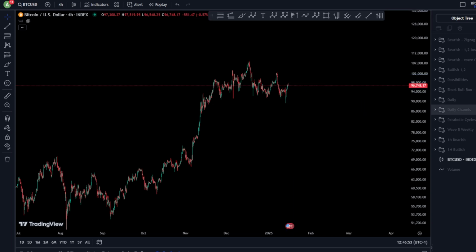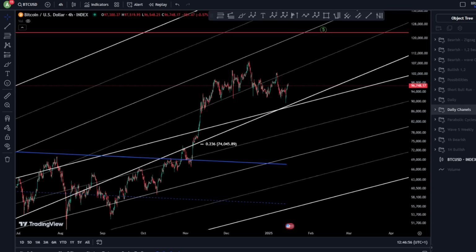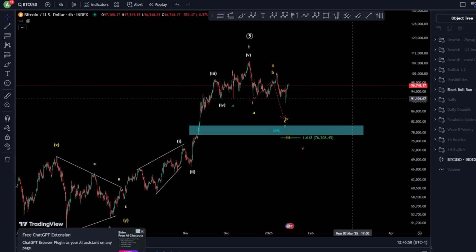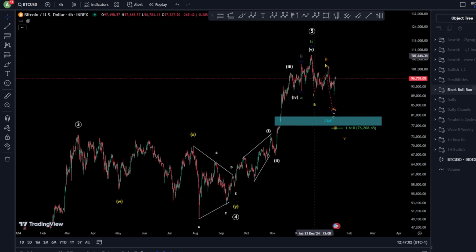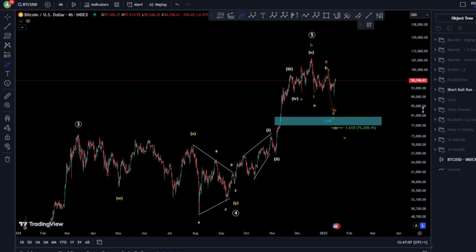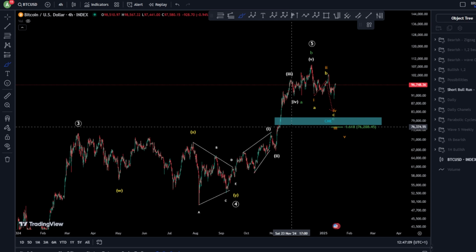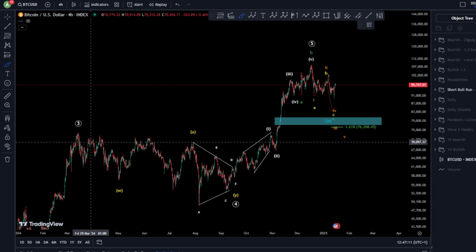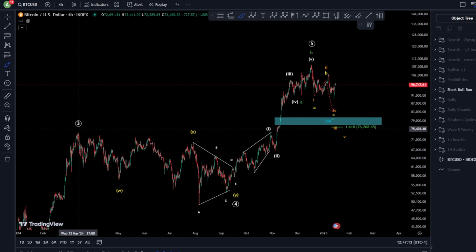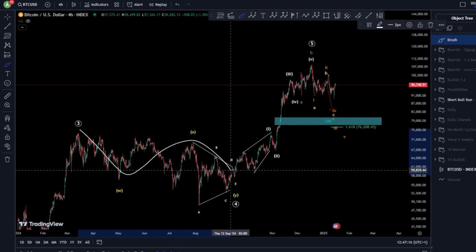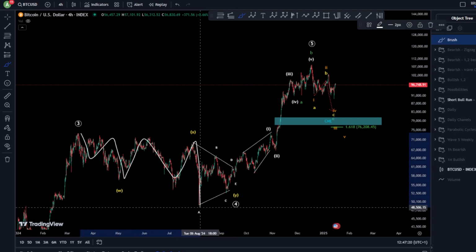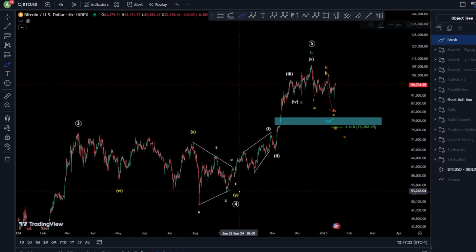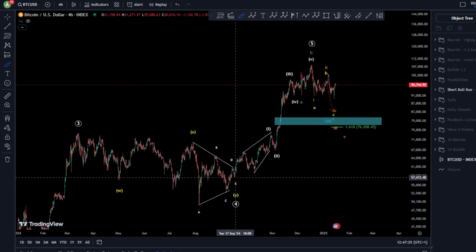Now, let's move to the short bull run, where the bull run has ended, right? Where we think that the bull run has ended and we have topped for Bitcoin at 108K. And this is the maximum price that we will get for this bull run or for the cycle. So in this option, we have finished in WXY. Your wave W is a zigzag, a regular flat for X, A, B, C, D, E triangle for your wave Y, finishing your wave E exactly here.